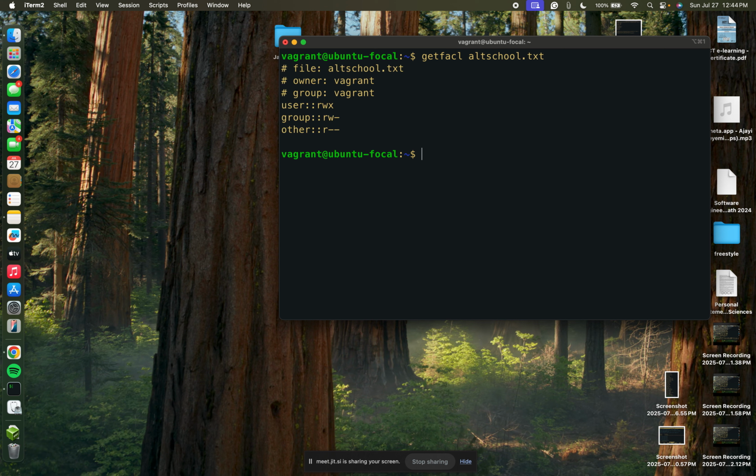So we are working with this file. And I mentioned that you can change the owner of the file. So if you want the owner to be John, you can change the ownership. You can say sudo chown. You set